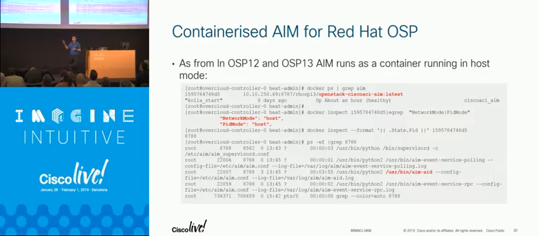A slight change for those who are running or have been running OpenStack: in OSP 12 and 13, from the Red Hat standpoint, as you may know, they went for a containerized model. So they containerize things, and we also containerized the ACI integration module. Before this release, we were running AIM as a daemon, as a process. Now it's running its own